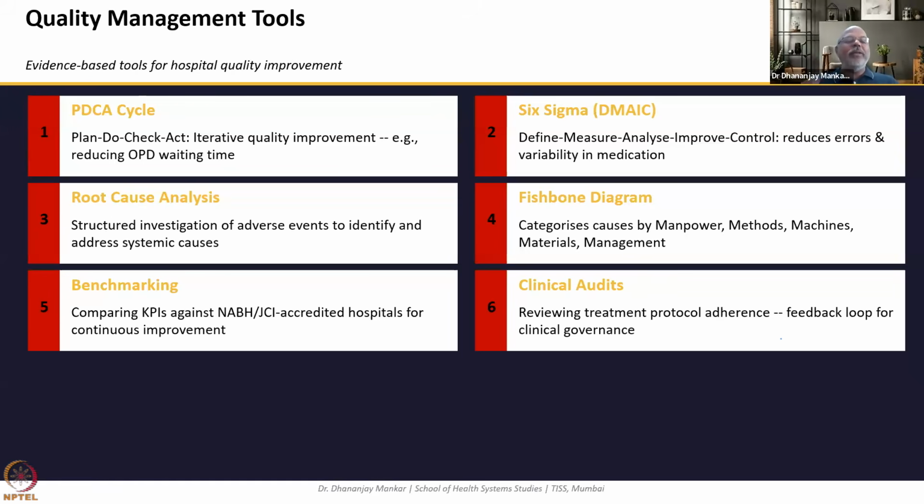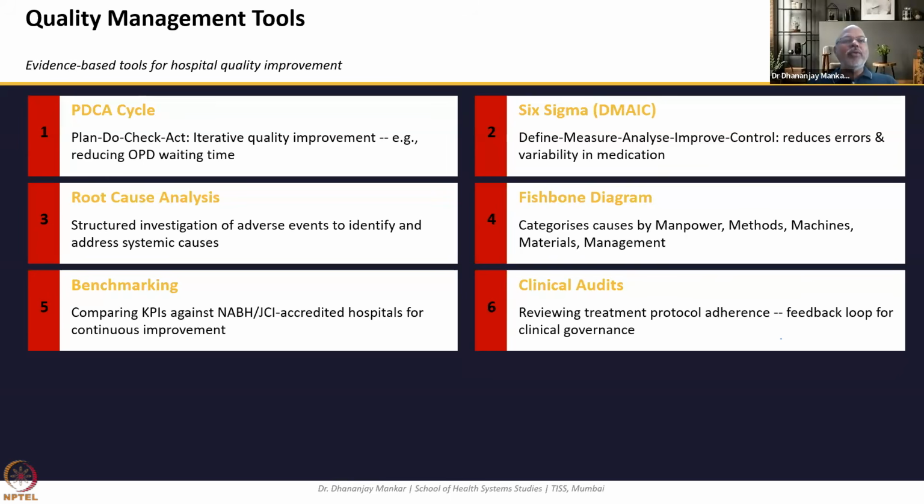After completing this, what comes as a very important and the last thing, if you are trying to take this tool, you should not forget that this hospital has major problems. So clinical audits will improve the treatment protocol, where the standard treatment guidelines will also be reviewed. Without reviewing, you will not understand what improvement is done. Reviewing will also be followed by feedback, trying to understand the gaps and working on those loops, which ultimately will result in clinical governance.